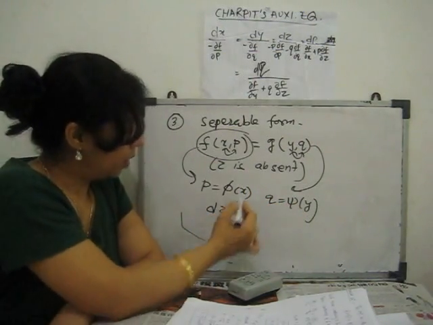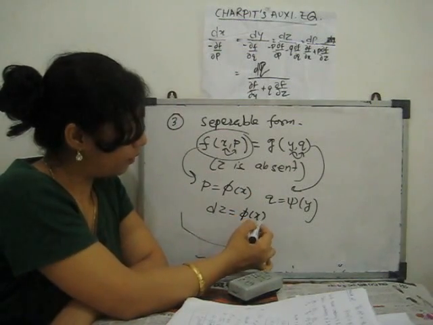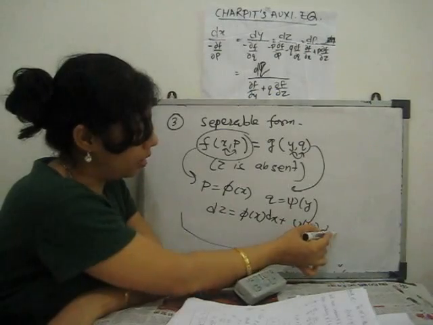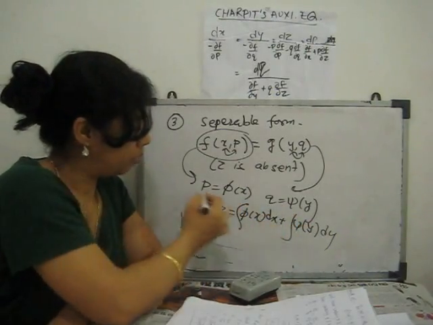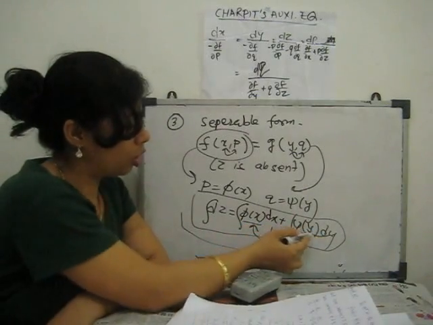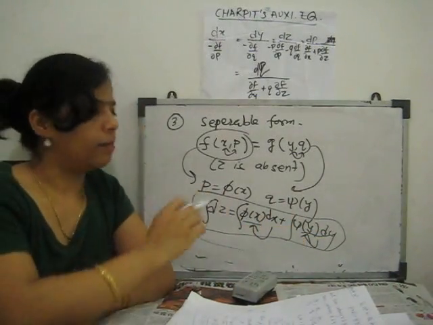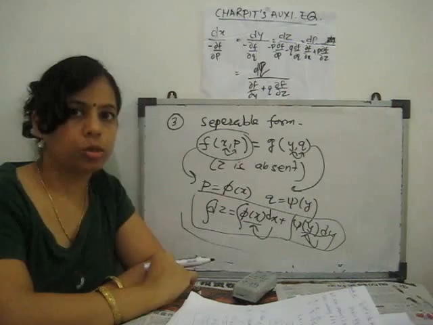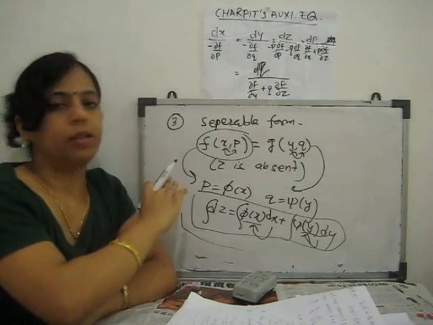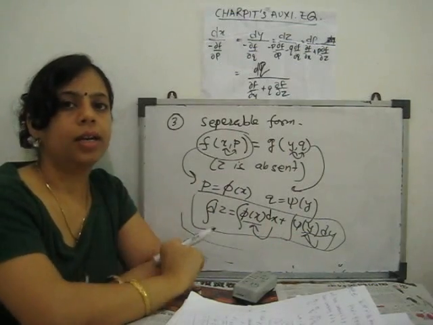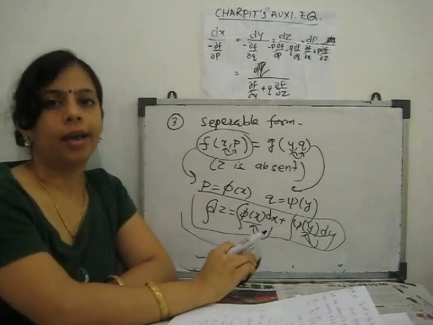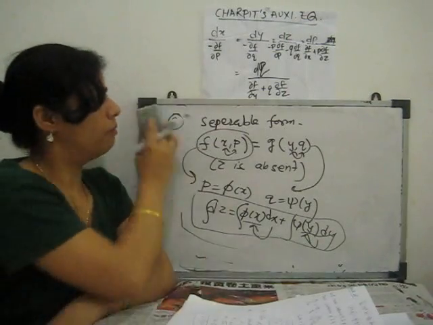Clear? When we integrate, if p is a function of x and q is a function of y, then what is our solution? dz equals p dx plus q dy, where p is a function of x dx plus q is a function of y dy. Integrate it, because this is all terms of x in integrable form, and this is all terms of y in integrable form. When we integrate, we will get the solution directly. So that is the third form. If we separate the variable p with x, q with y, we can directly use that function in the result. So let us see one example of how this form works.